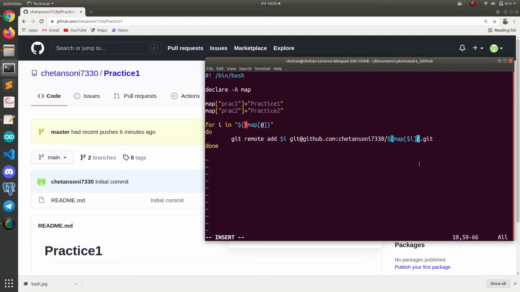So what it will do is take the i, which is first prac1. So here prac1 will get added, and after that we are accessing the value of this prac1 key, and the value here is going to be practice1, which is the name of our repository.